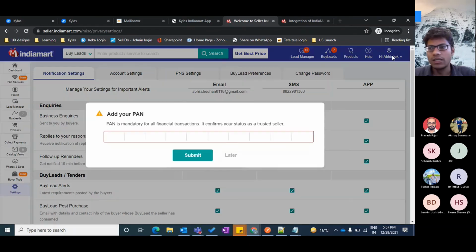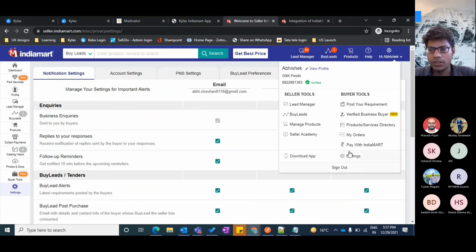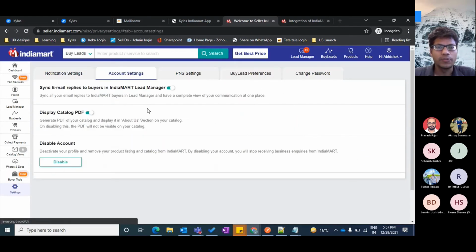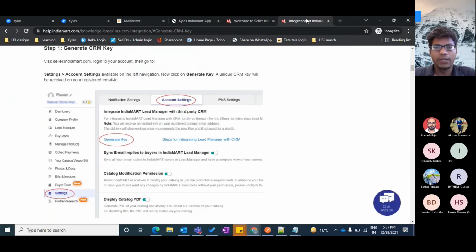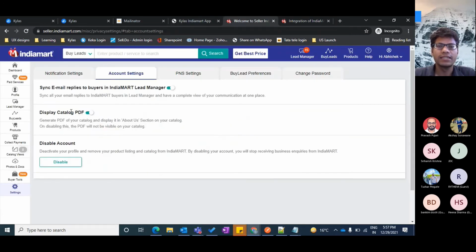Once I log in, I go to my account, go to settings, and under settings there is the option of account setting. As I said, mine is not a paid account since we do not need IndiaMart, but if I were a paid customer of IndiaMart, under account setting you would see this generate key button.